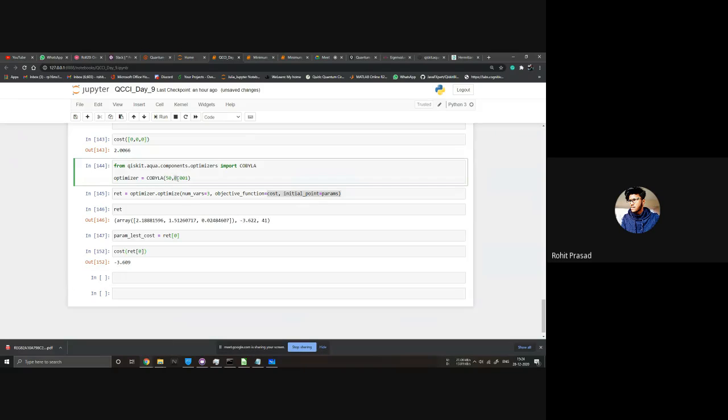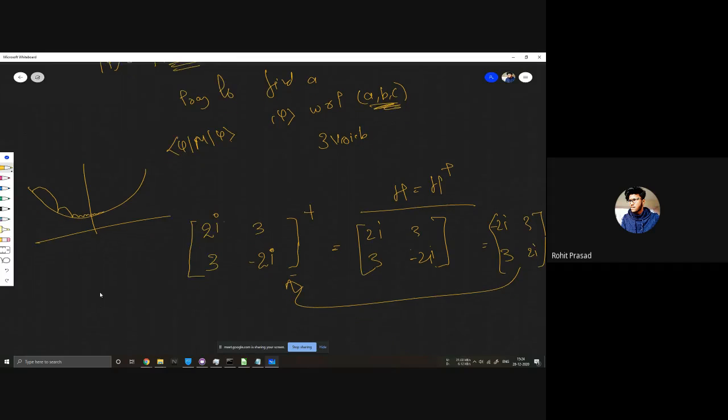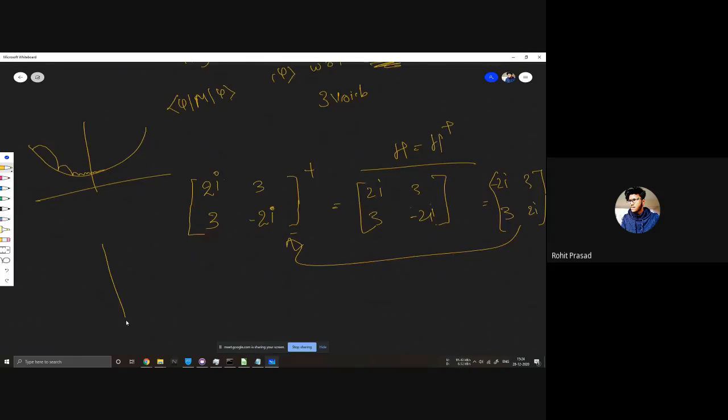No, no, not the jump. It's the tolerance. COBYLA works something like this. If you have a graph, initially it will start with a longer jump. Then as time progresses, it will decrease the size of the jump. Something like that. And after a point, if we just zoom in on that,